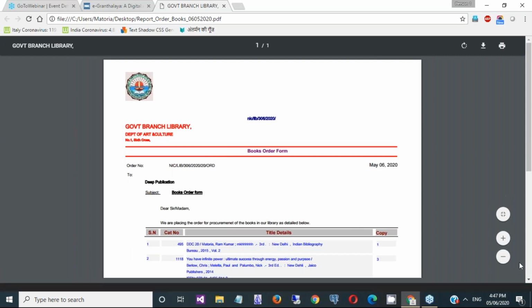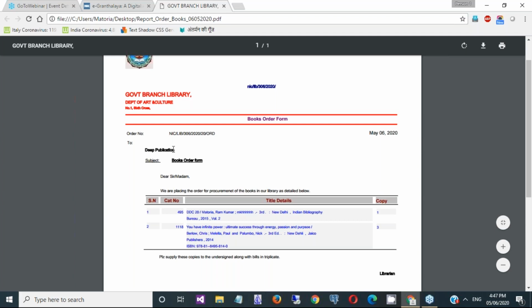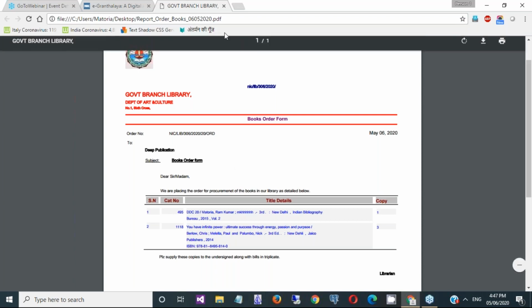So this is the order detail. Vendor, because you need to give the vendor details, addresses, etc. The address is not coming because during the training session somebody created these publications and other details are not available.